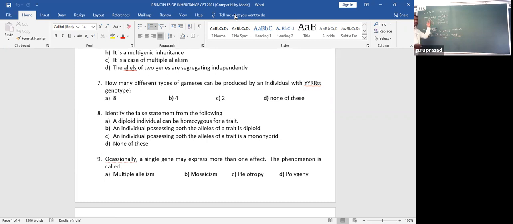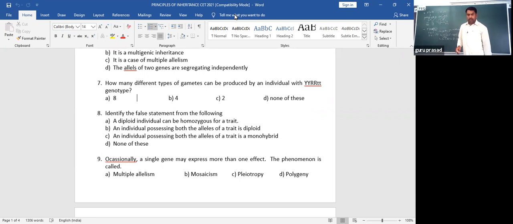Like that, let us consider there are 5 heterozygotes like capital A, small a, capital B, small b, capital C, small c, capital D, small d, capital E, small e. At that time, 2 to the power 5. So that is equal to 32. Like that. Hope you understand the basic principle to solve this kind of question.